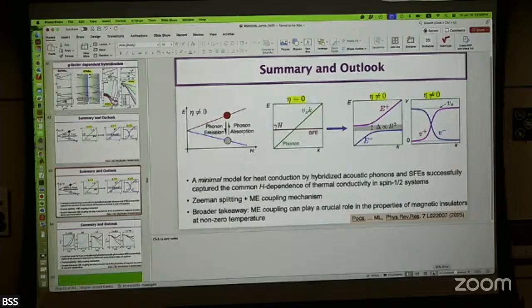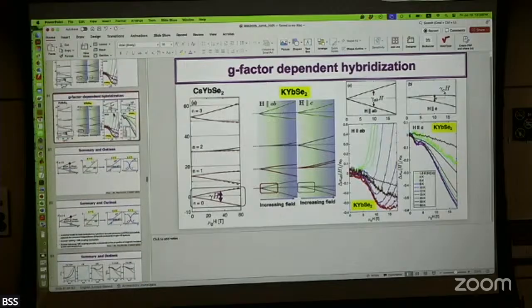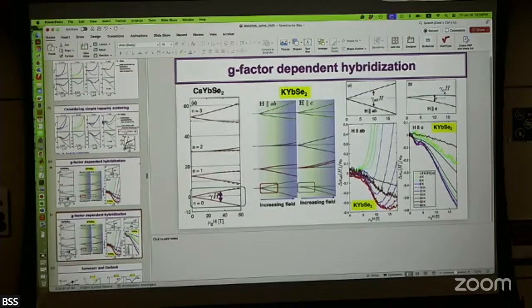As I move up the alkalis to cesium, I've heard that I can model this as a triangular lattice where I'm tuning J2. As I go to potassium, I know people think it might be different. Do I see any difference in the thermal conductivity?